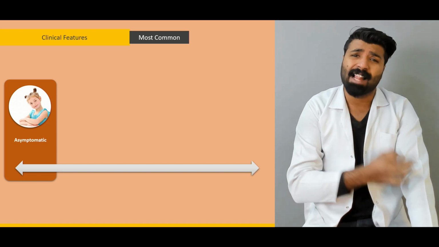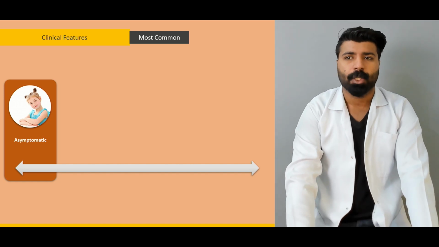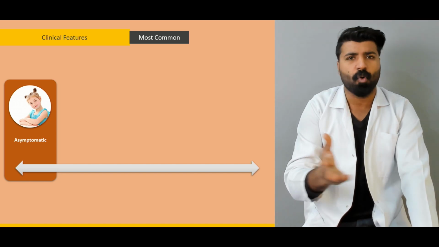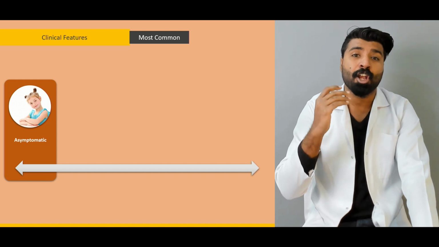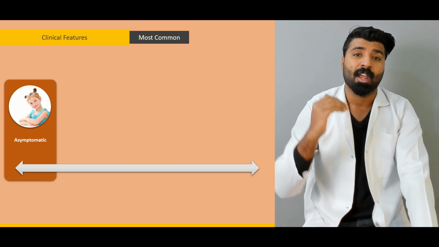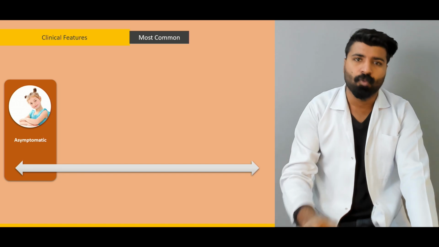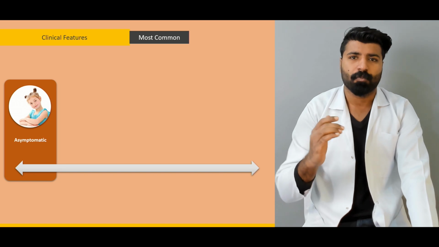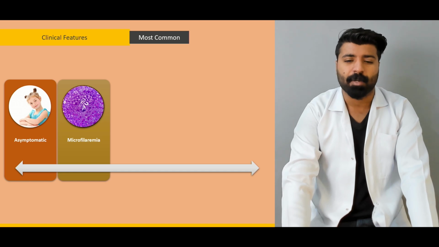Otherwise, maybe it's your first bite, maybe it's the first L3 larva being injected into your body. There was none other. You have been subjected to this disease for the very first time with the very first larva, so you won't have any symptoms until a certain number of larvae, a certain number of adult worms, and a certain number of microfilaria are present in your system. Once you have achieved that parasitic load, then the symptoms will come. What symptoms might that be? First of all,